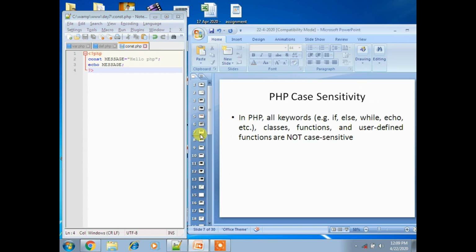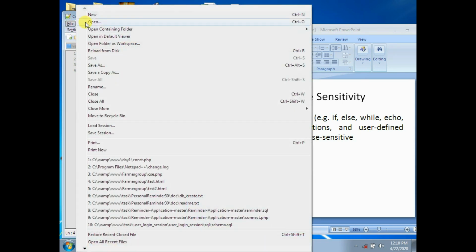PHP case sensitivity. In PHP, all the keywords like if, else, while, echo, and classes, functions, and user defined functions are not case sensitive. Here we'll take one example. I'll show you how it is applicable. Take another new notepad.